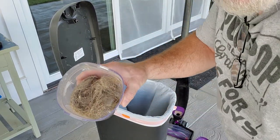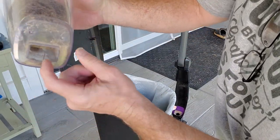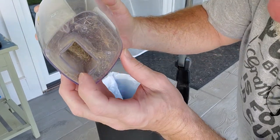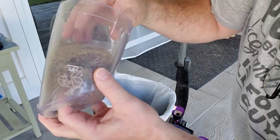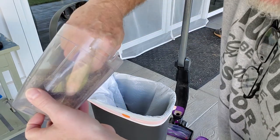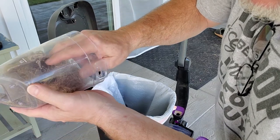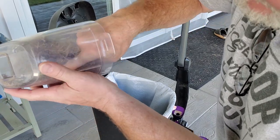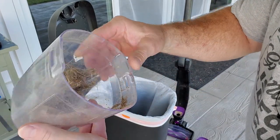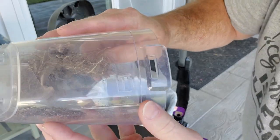Now, one of the things I've noticed is that as this starts to fill up, there's a little flap inside of here. And it's a little rubber flap that keeps, I guess, the dirt from falling back out. But let me see if I can demonstrate this. What will happen is the hair will get caught on that flap. Okay, I'm not sure if you can see that, but there's a little flap in there. And if I hold it sideways,